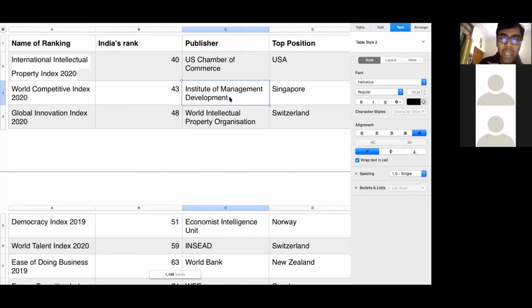According to its World Competitiveness Index 2020 ranking, India's rank was 43, while the top position was held by